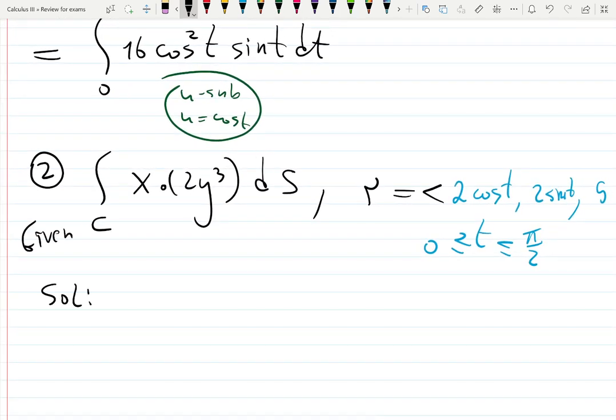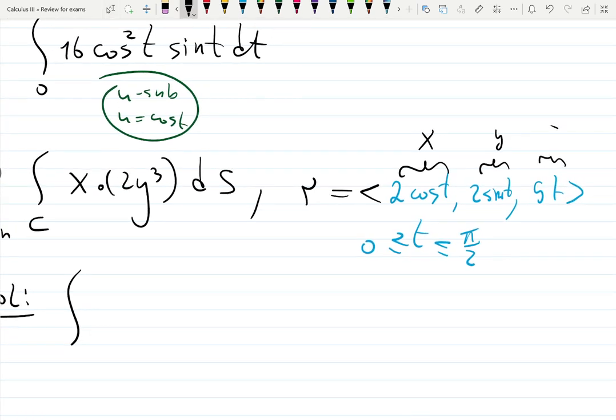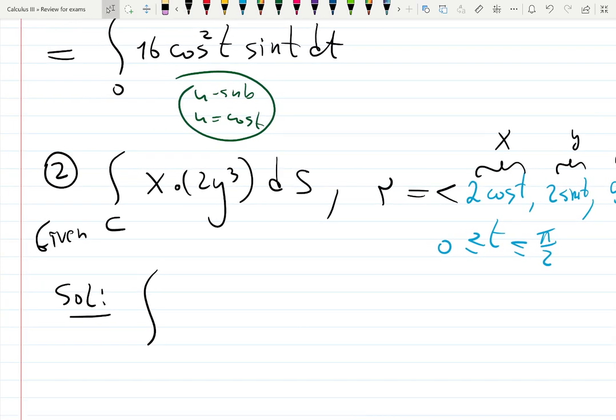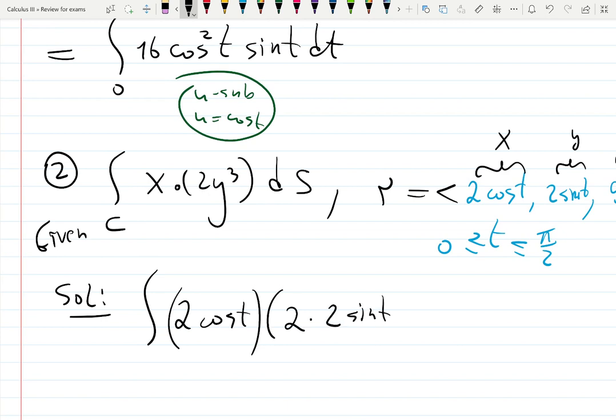Given. Can you imagine that? How would you do that one? It would be so fantastic because x is already given. This is your x, maybe sign it. This is your y, and this is your z, right? So it's 3-dimensional this time. It will be 2 cosine t, 2 y is 2 sine t cubed